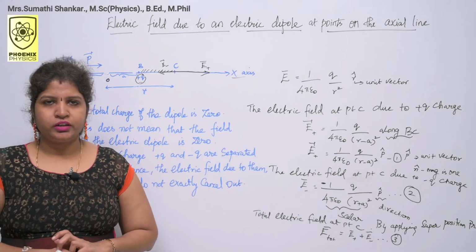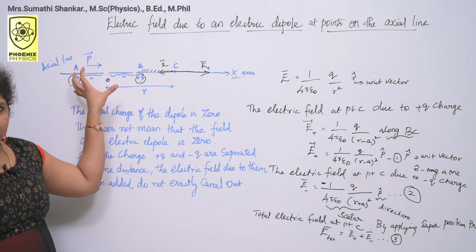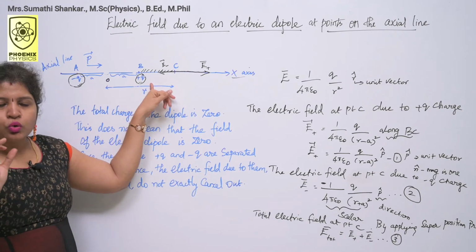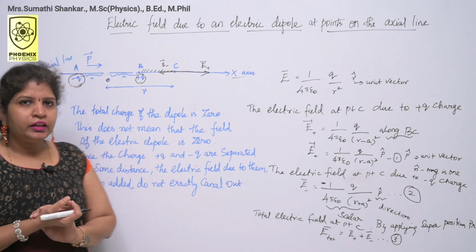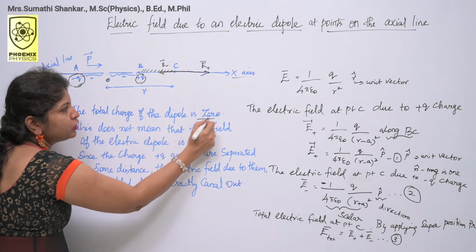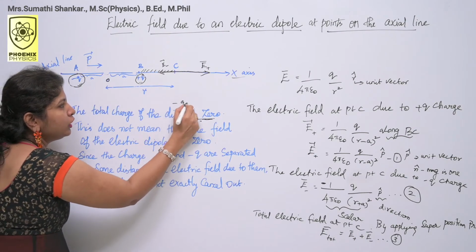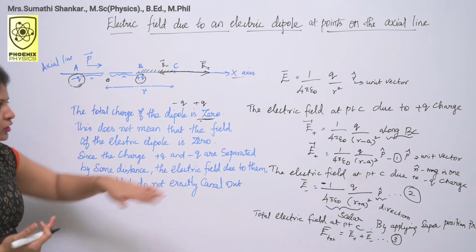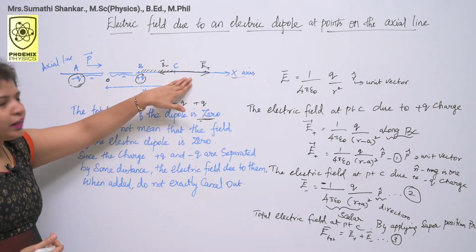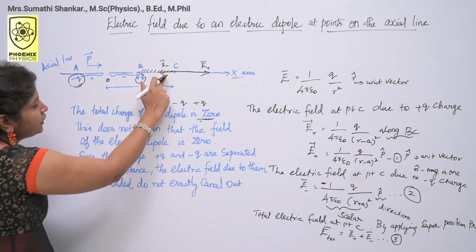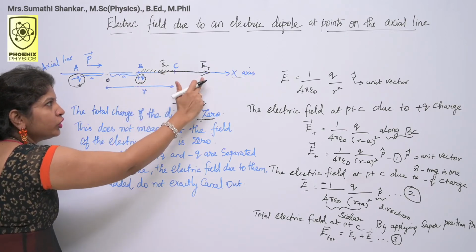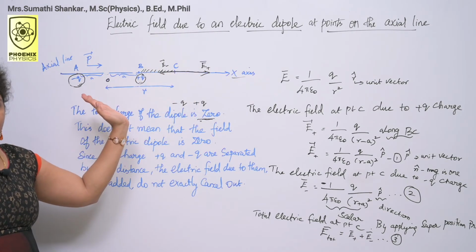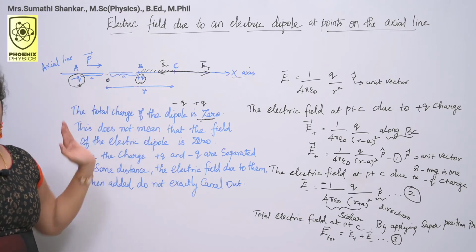Now I have one question. Here this is a dipole, right? This minus Q and plus Q constitute an electric dipole. So what about the total charge? The total charge of the dipole is 0, because I have minus Q and plus Q charge. If you add these two charges, the net charge or total charge is 0. Then what about the electric field? Here the electric field is also in the opposite direction. E plus direction is this side, E minus direction is this side. But they do not cancel each other.